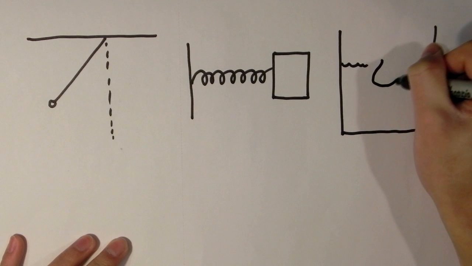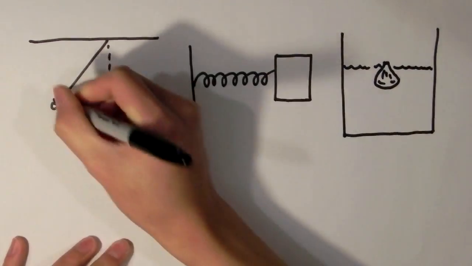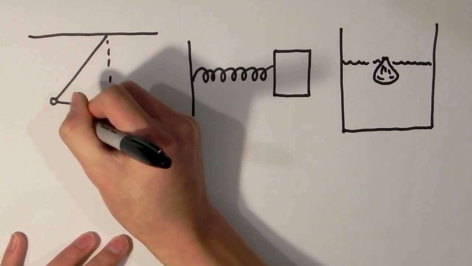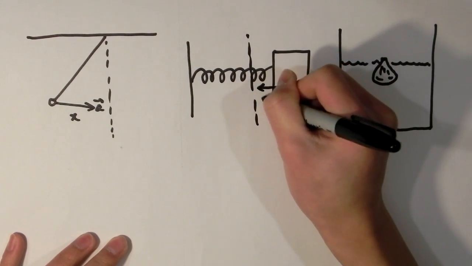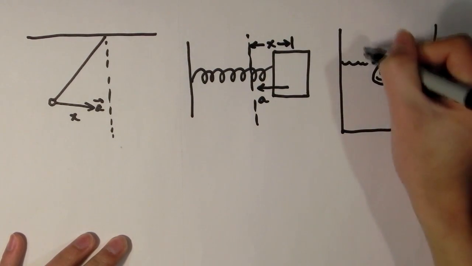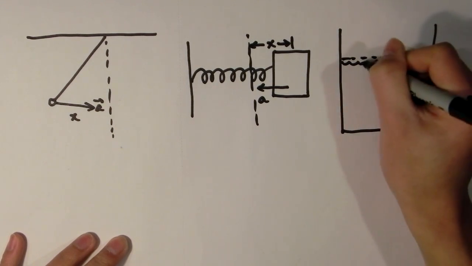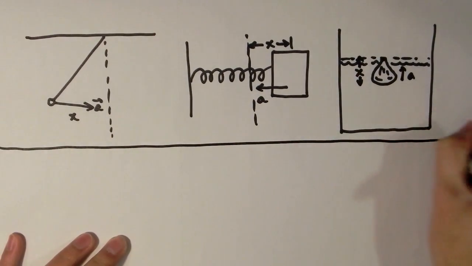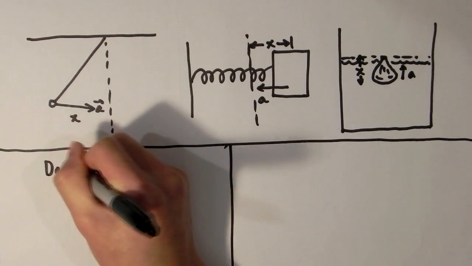So, like any oscillation, this has an equilibrium point, and this particle has displacement from there. It also has acceleration and velocity in this case. So the acceleration, the particle having mass, creates a force, and this force is a restorative force back to its equilibrium point. In the case of a pendulum or a swing, that force is gravity bringing it back to that lowest point before anything happened. For a spring, it's the spring force bringing it back to where it started, and for floating objects, it's going to be